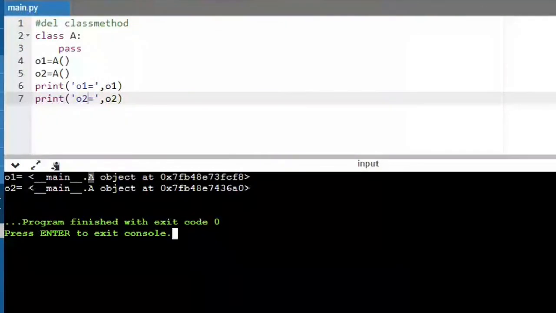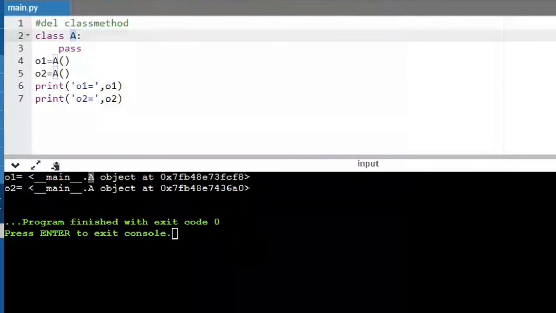This object is related to the main module, and inside the main module there is a class A. O1 is of type object, and this hexadecimal representation is the address where O1 is residing inside your Python memory.